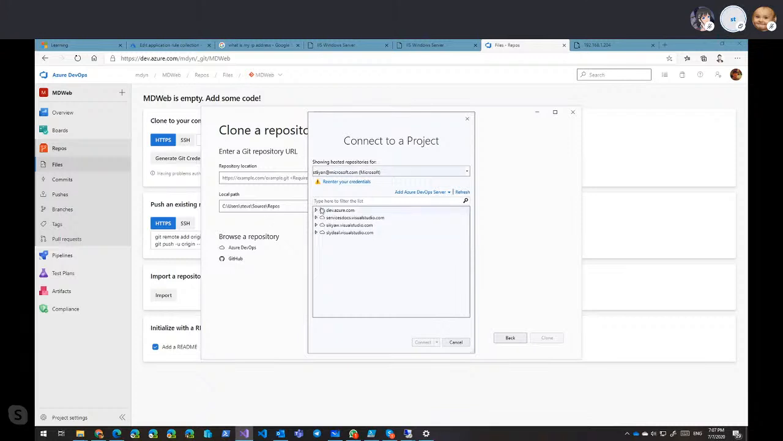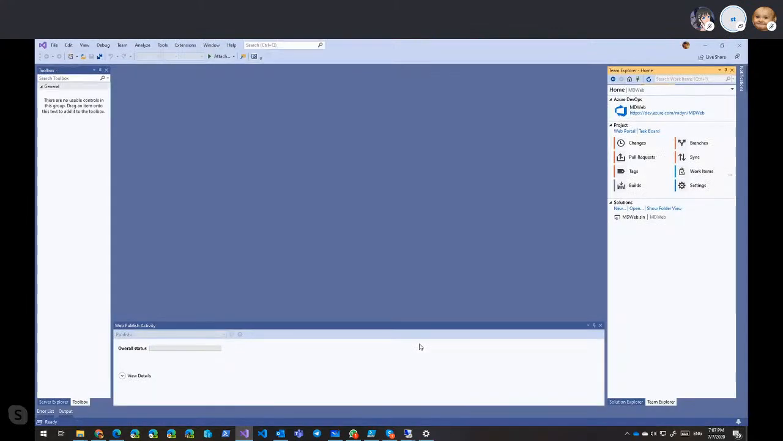Okay. So this is coming in, dev.azure.com. I'm going to open that up. Massive Dynamic, that is my organization. And also, if I just open MD Web, which I just created, I can then choose Connect. Okay, so now that I have connected,